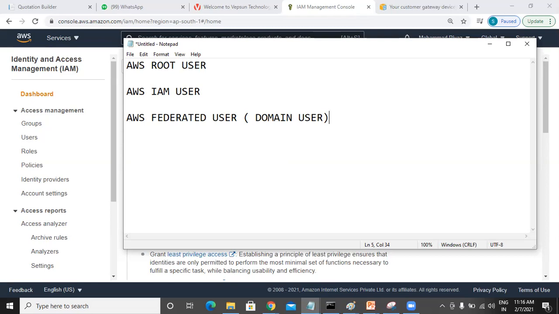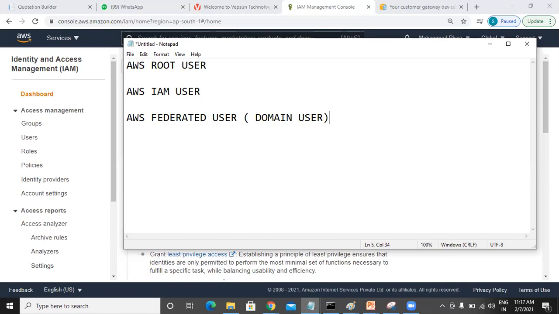Okay. Now the root user is a fellow who has complete access to all AWS services and resources in the account. Means he can do anything in AWS. He can wipe off the AWS instances. He can provide permissions to other users.